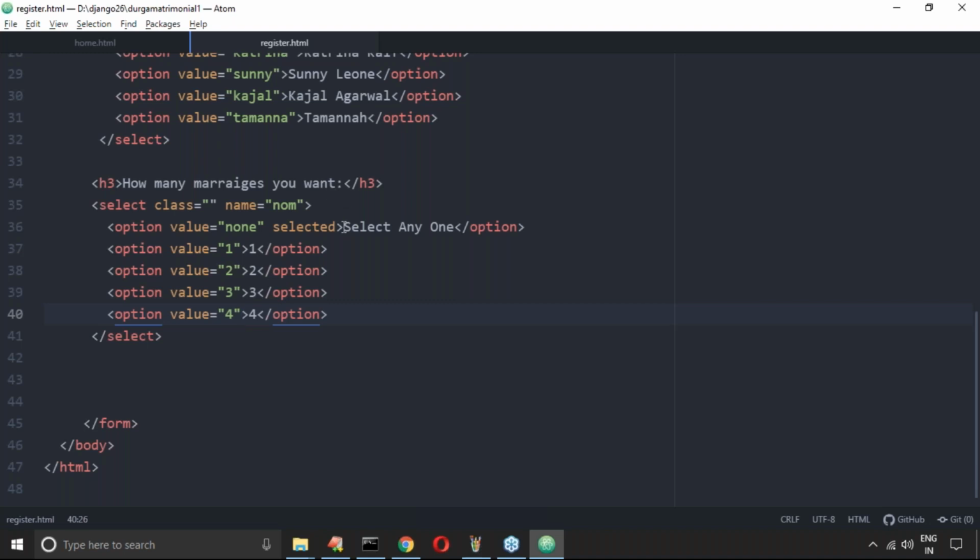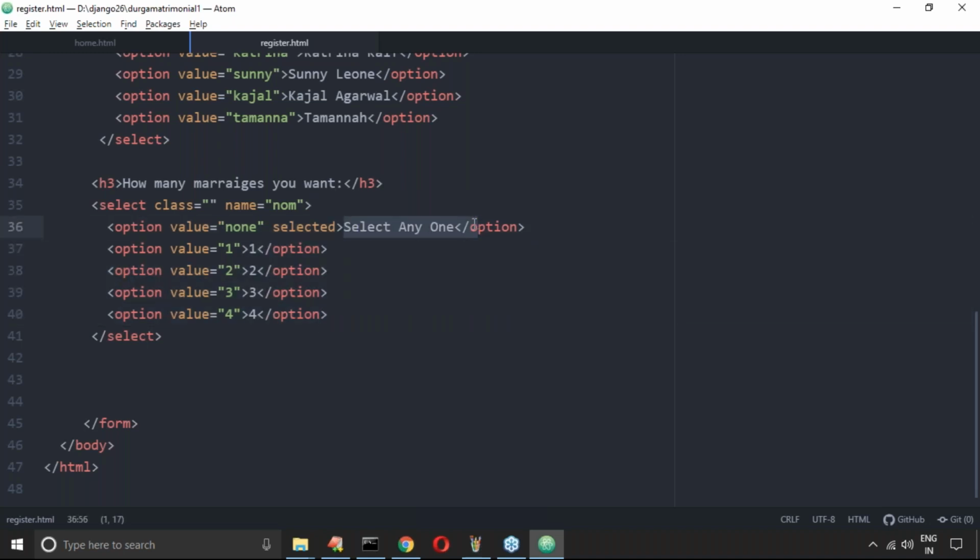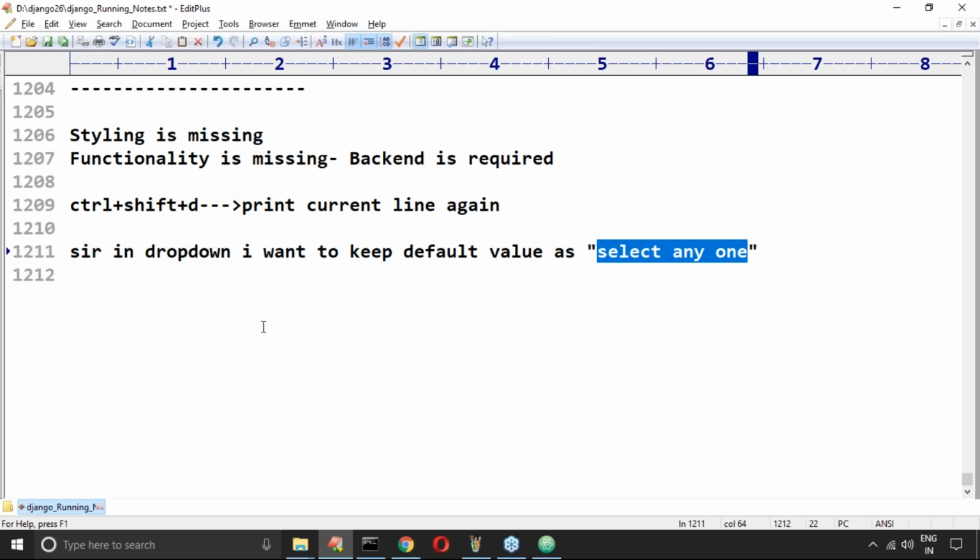Then if someone by mistake is not selecting anything, and only this one is selected, by using a JavaScript function I will send an alert message saying, please select one option for this field. JavaScript can be helpful in that case. Vardhan, placeholders are not applicable here. Amruta.